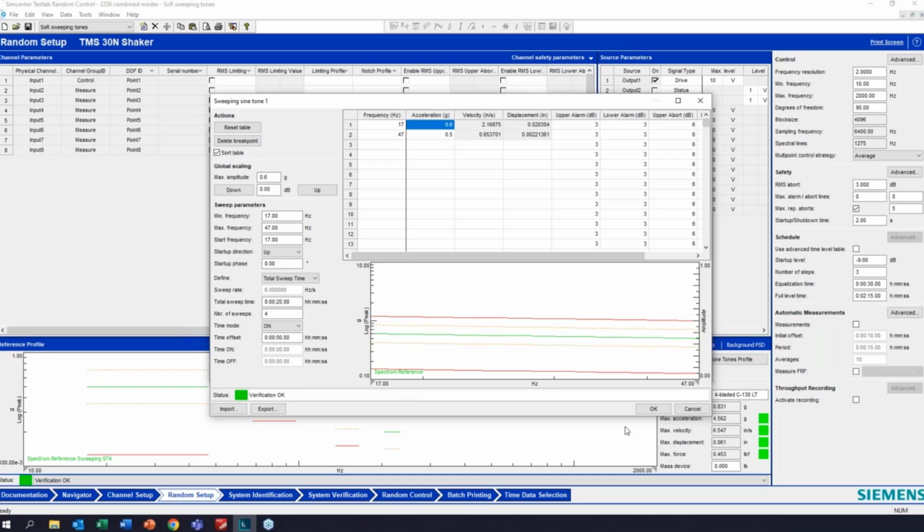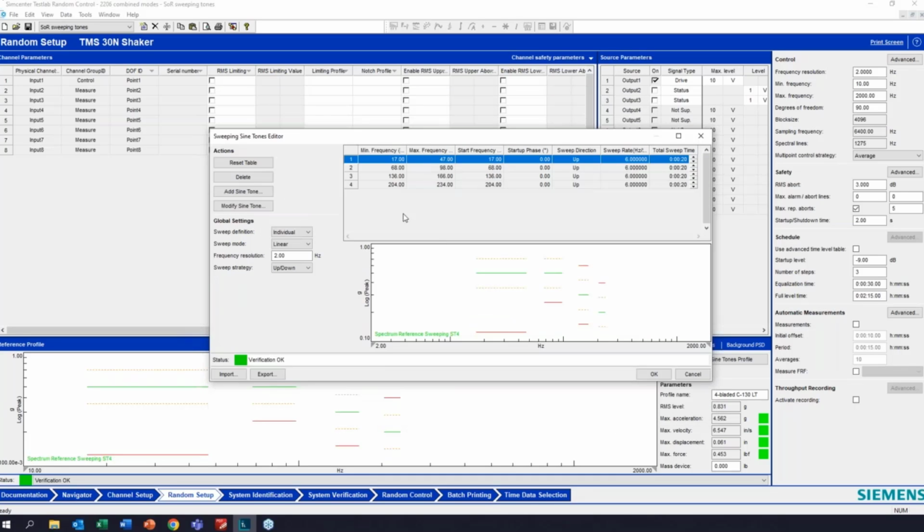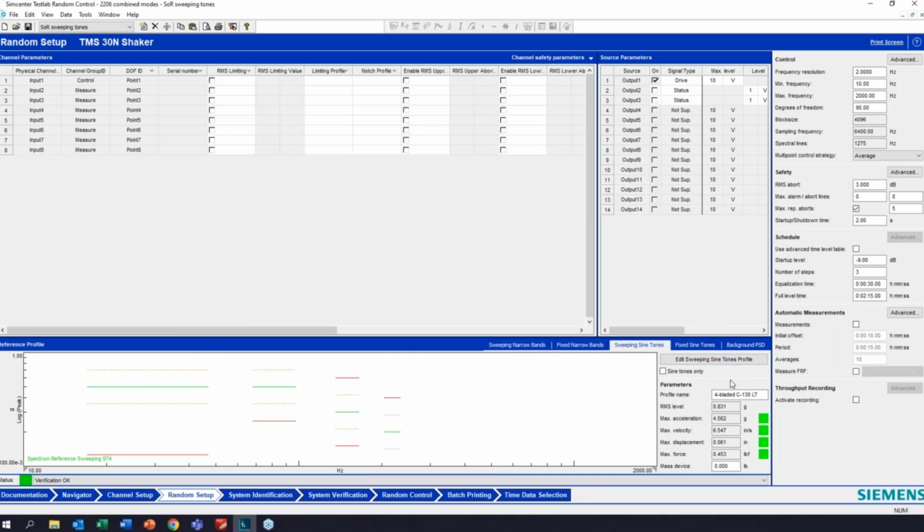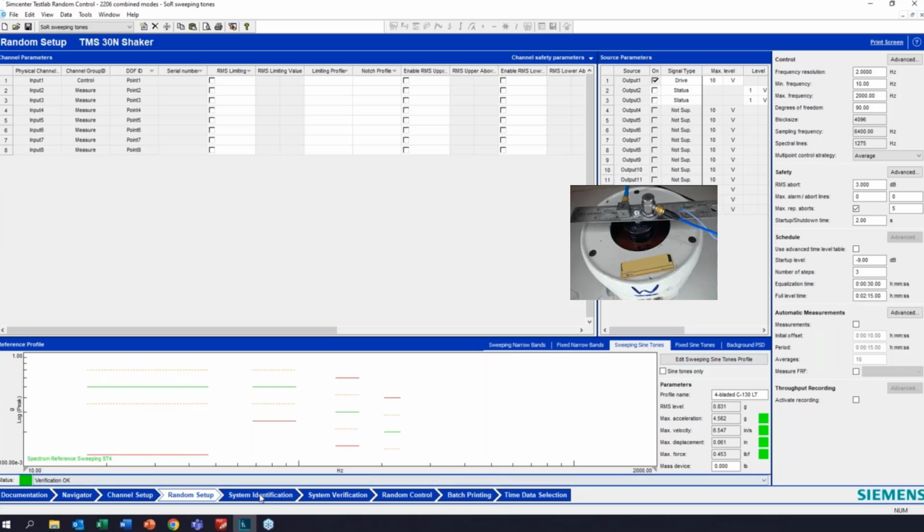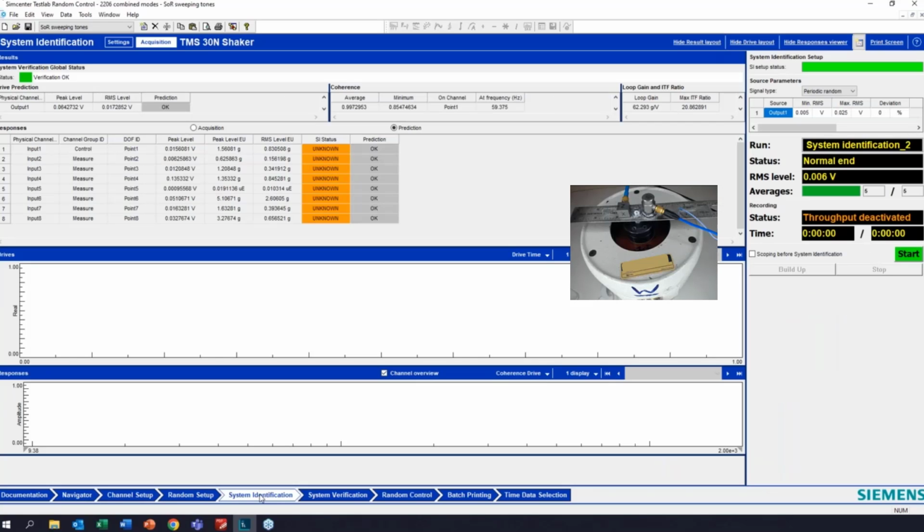So I am just going to hit cancel here and change this back to global, and this will define all these sweeps here. I'm going to hit OK here, and let's go ahead and run this. Now, my system hasn't changed, so I'm not going to run the system identification again.